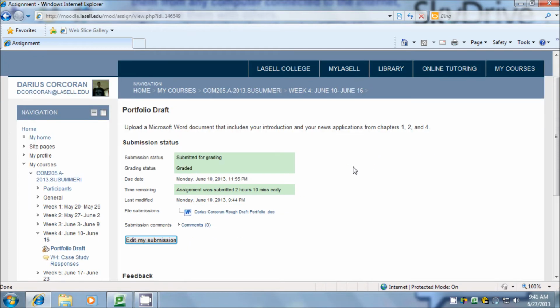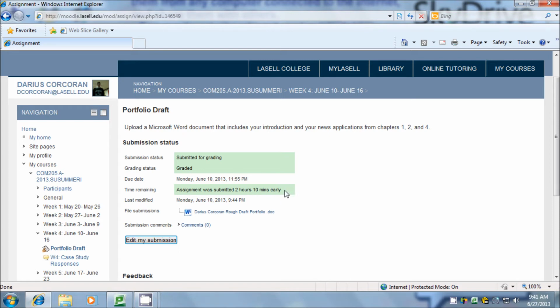For the submission status, it tells you if it was submitted for grading, if it was graded yet or not, and the due date. So the rough draft was due on Monday, June 10th. And then time remaining, this tells you how